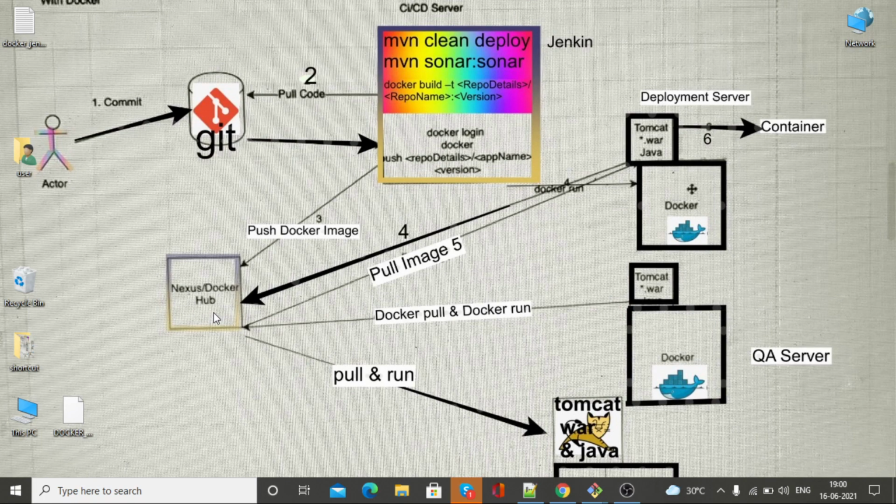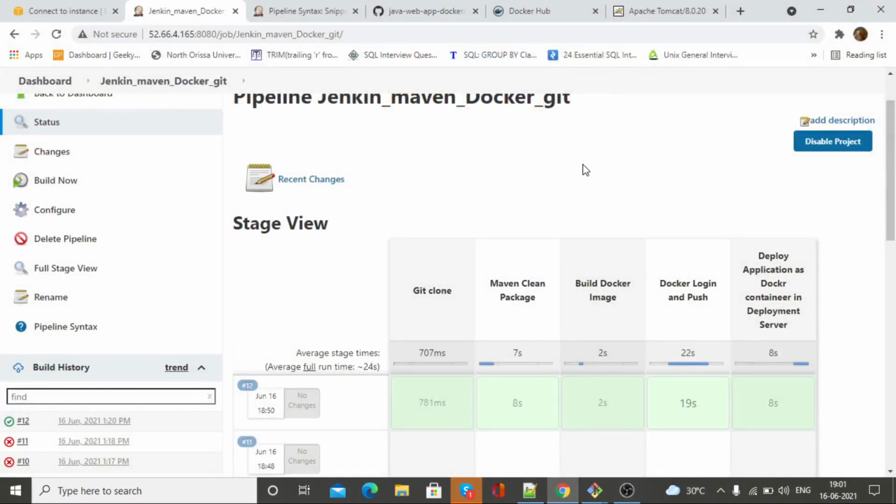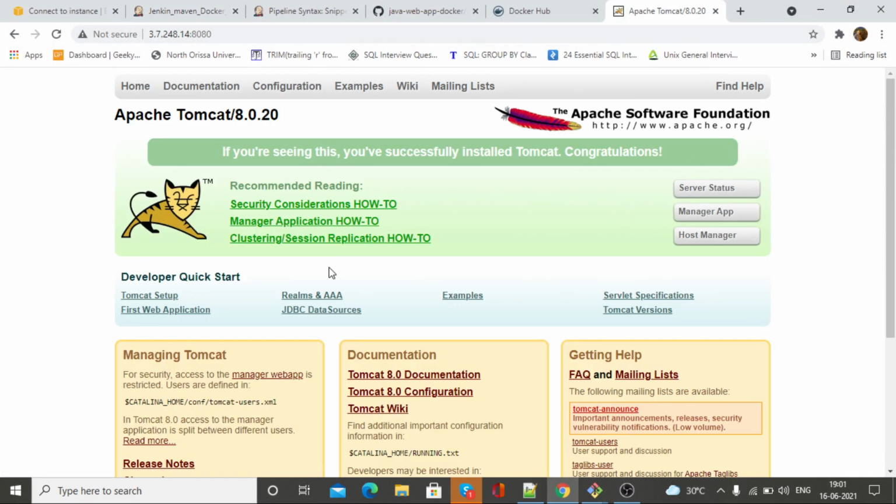Okay, from docker hub we have to deploy, we send the image, and we create a container out of it, and as a result your Tomcat server is up. Okay, this is what we did in this session.